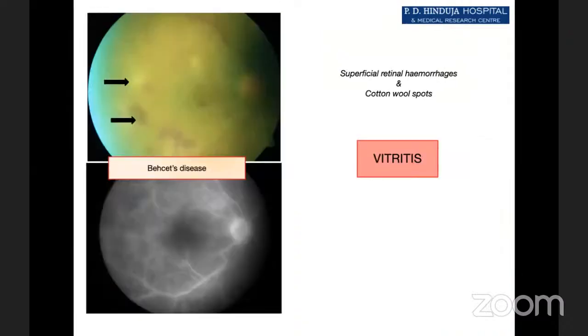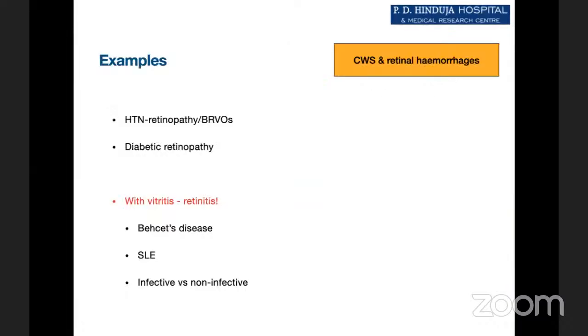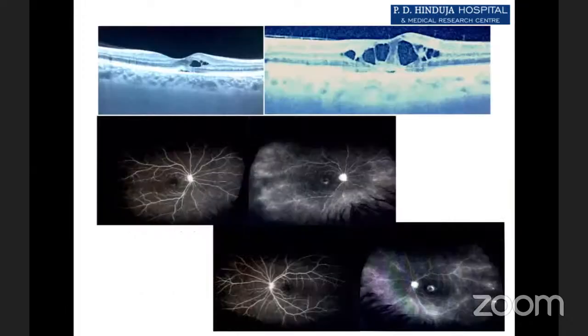If you see superficial cotton wool spots and associated hypopyon or oral ulcers, that may well be a reason to diagnose Behçet's disease. So, for example, cotton wool spots and retinal hemorrhages can be seen in the common diagnosis of hypertensive and diabetic retinopathy, and with vitritis they may have an entirely different differential diagnosis. Similarly,